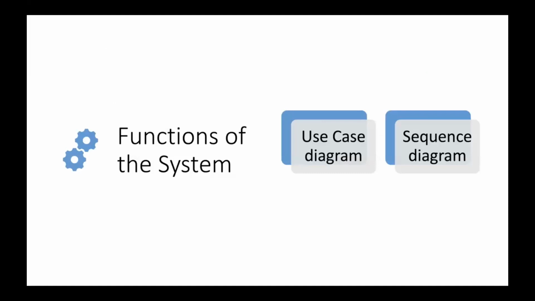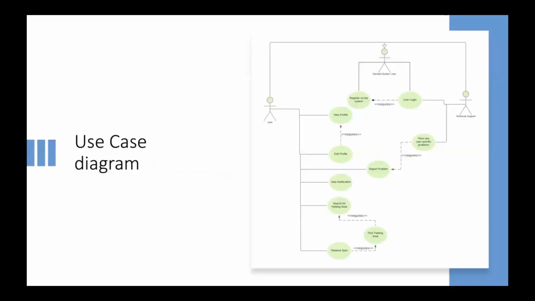Now we will be talking about the functions of the system. We will be deeply discussing the use case diagram and the sequence diagram of our system. The system has two types of users, the application user and the technical support. Considering that the general user of the system has already downloaded the mobile application, then the general system user is